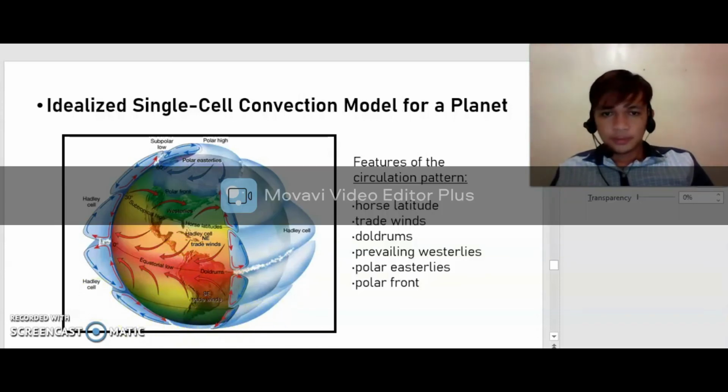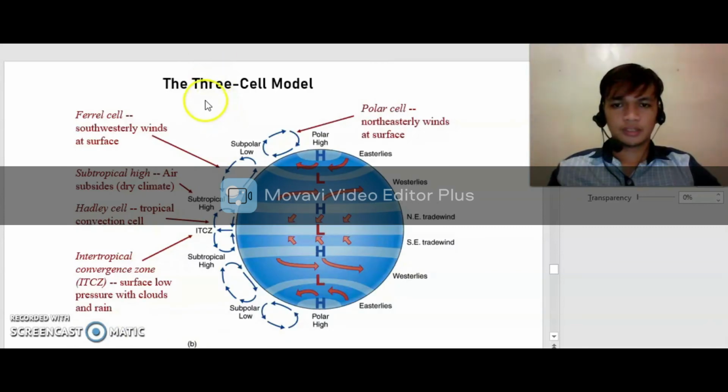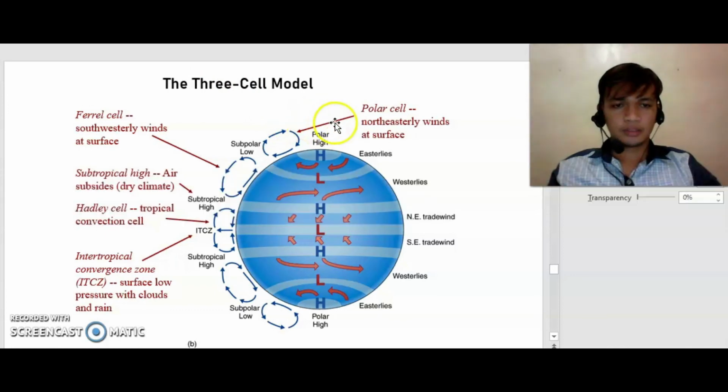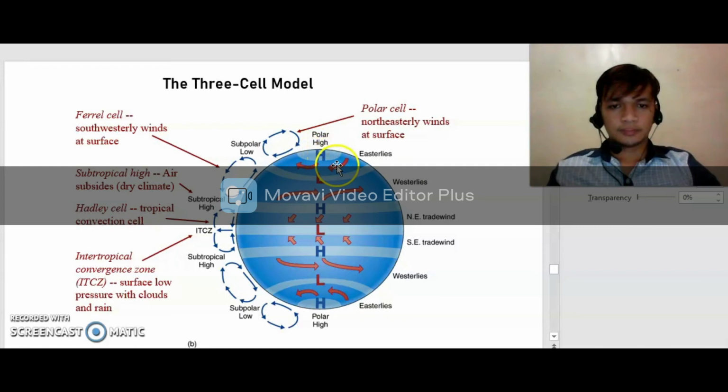Okay. Now, this is the three-cell model. You can see here, let's start at the top, the polar cell with the northeasterly winds at surface above the subpolar low and below the polar high. So next to it is